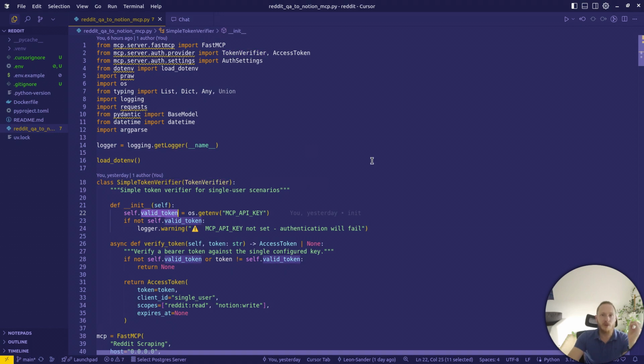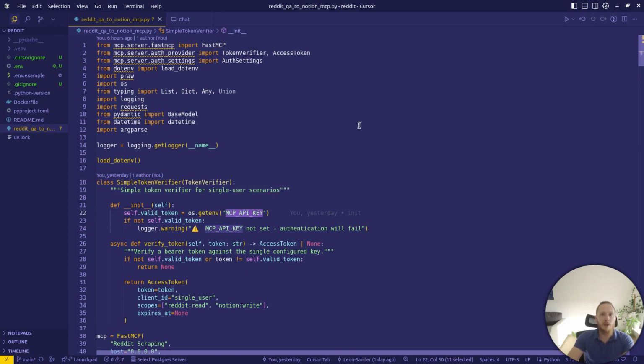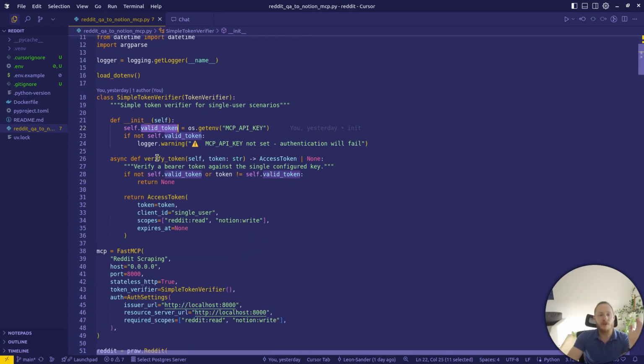Again, we're working with our single user application, so there's only one token involved, and we get this from the environment, our MCP API token, which you need to create, let's say a 32 length complex password, so to speak, and we are initializing it, getting it from the environment, and the verify token function simply gets the token from the user when he makes an API request with a bearer token, and we're checking first if we haven't